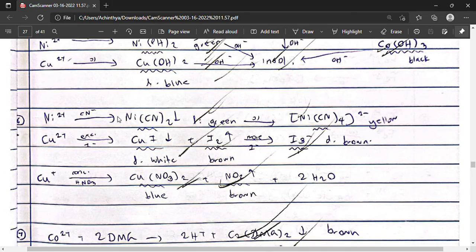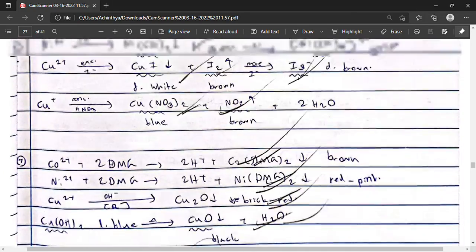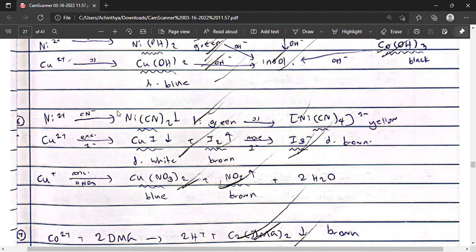Now these are miscellaneous reactions, but let's go through them anyway. If we add cyanide ions into nickel ion solution, we get the light green precipitate known as nickel cyanide. However, under further addition of cyanide ion solution, we get a cyanide complex, this yellow solution, tetracyanidonickelate 2 ion,